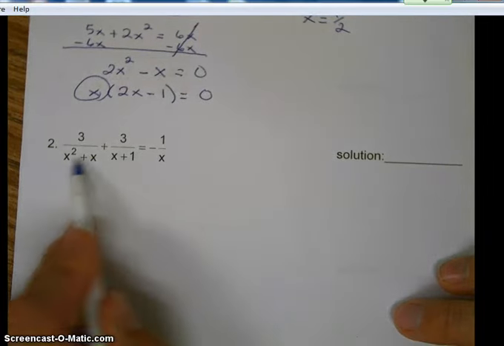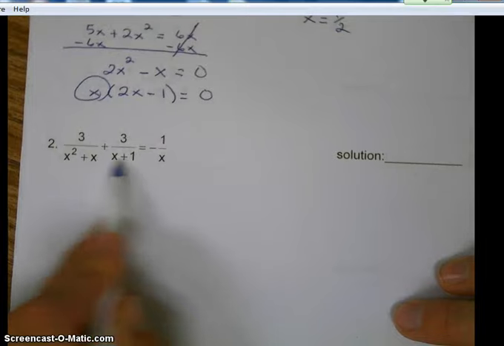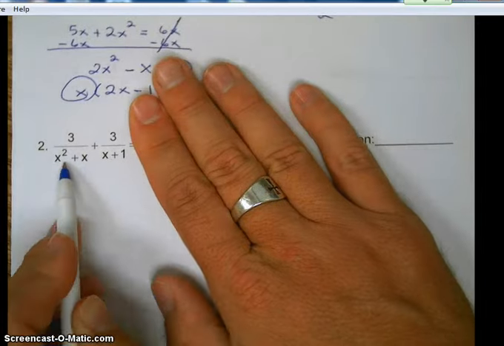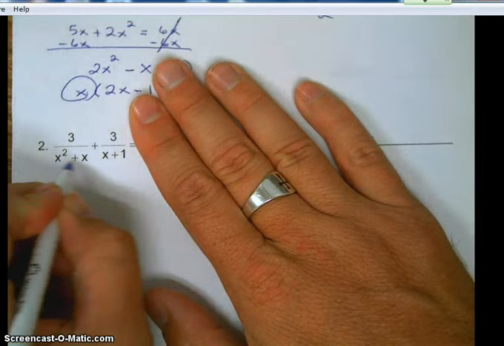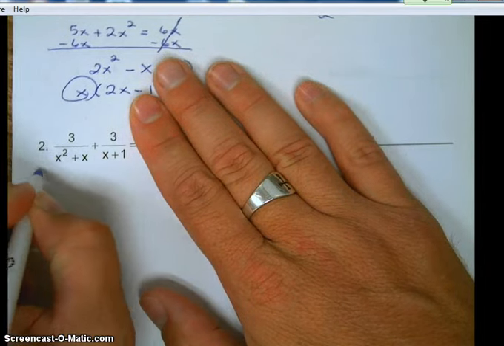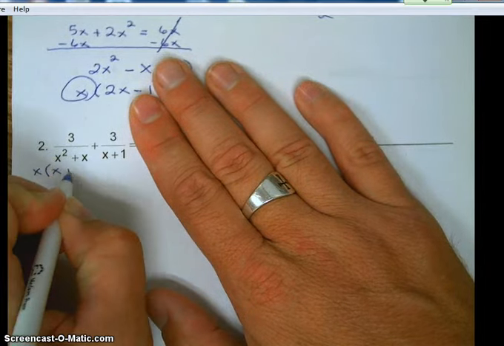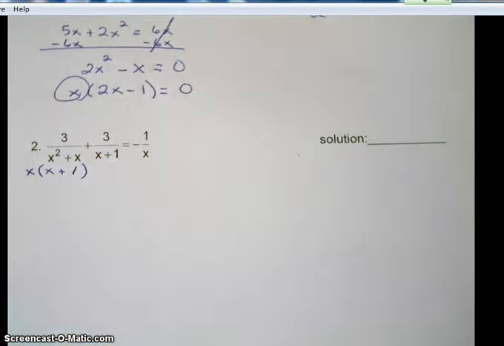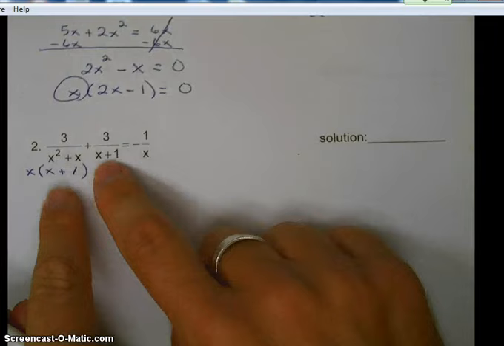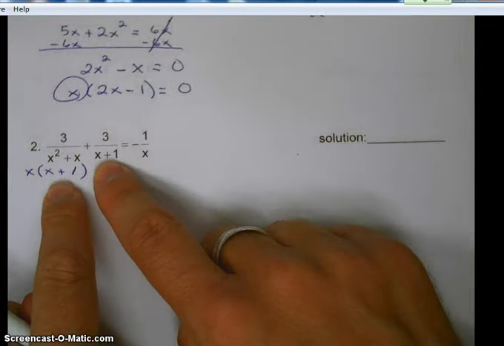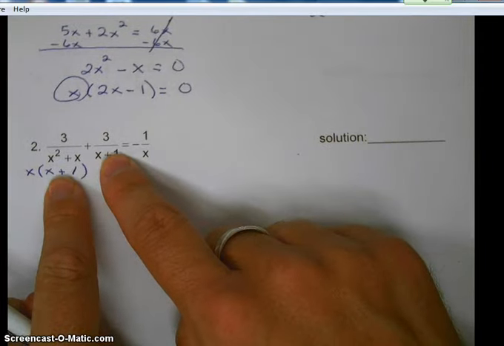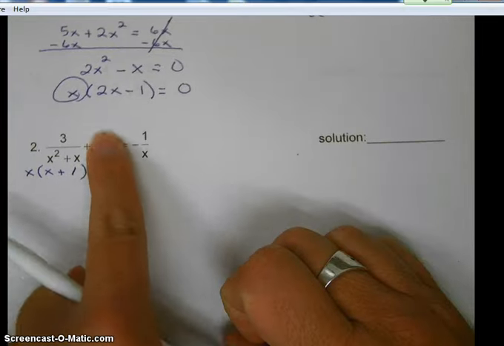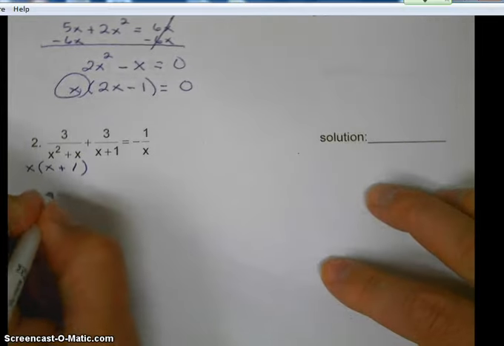Looking at the denominator, we want to get a common denominator here. I'm not going to worry about the right side right now, just this left side. The first thing you want to do here is try to factor. Obviously I can take an x out of both. That shows me what we have in common: an x plus 1. We're good on the x plus 1, but this one has another factor of an x, which means this fraction needs an x. So if I rewrite this,